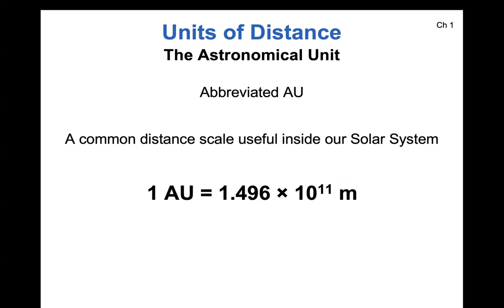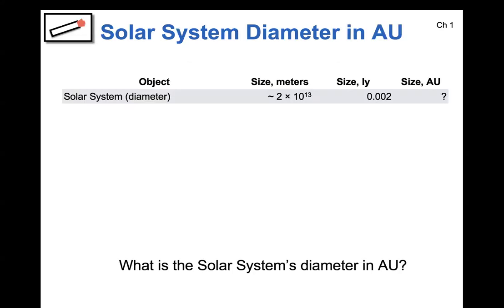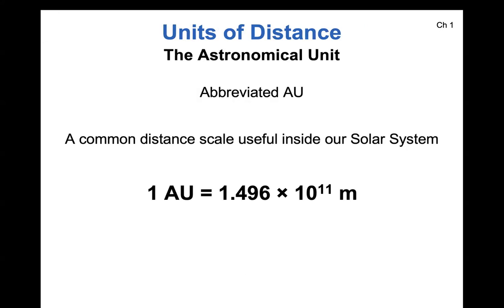But this value right here is equivalent to 149.6 million kilometers. Okay? So let me write that out real fast. So there we go. So 1 AU is equal to, I'm not doing scientific notation, I'm just writing it as a phrase, 149.6 million